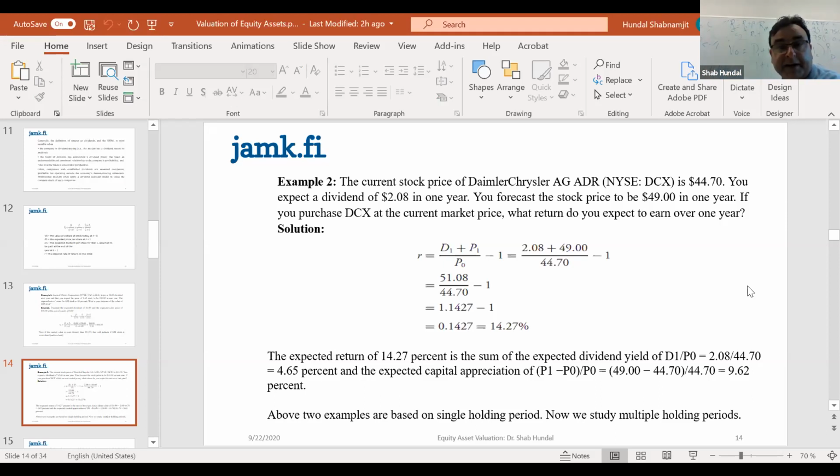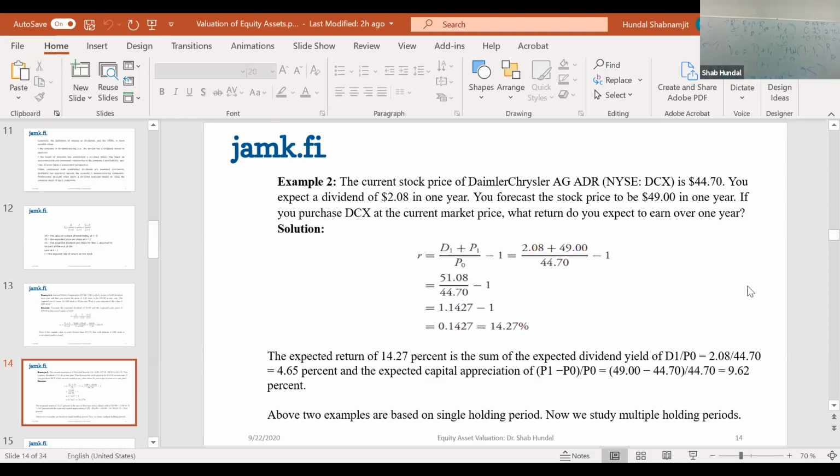The next year dividend is 2.08. The expected stock price is going to be 49, but we don't know the rate of discount. Well, you can calculate by yourself. Just use the equation, solve the equation, and you find that R comes to be